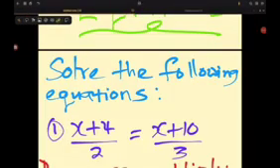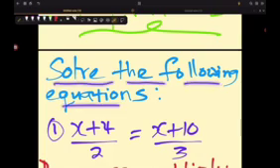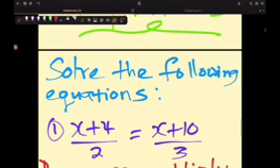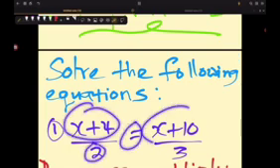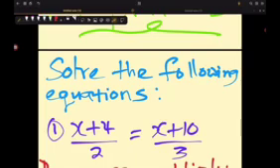So, having said all that, let's quickly go and solve all the questions I have here. Solve the following equations. Number one: x plus 4 divided by 2 equals x plus 10 divided by 3. When we have this kind of situation, the first thing we'll do is to